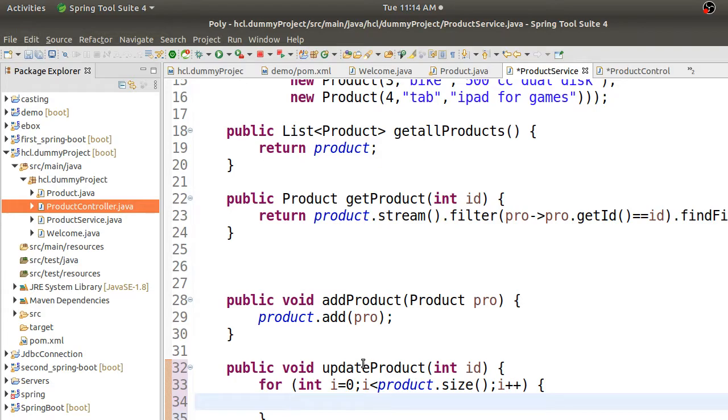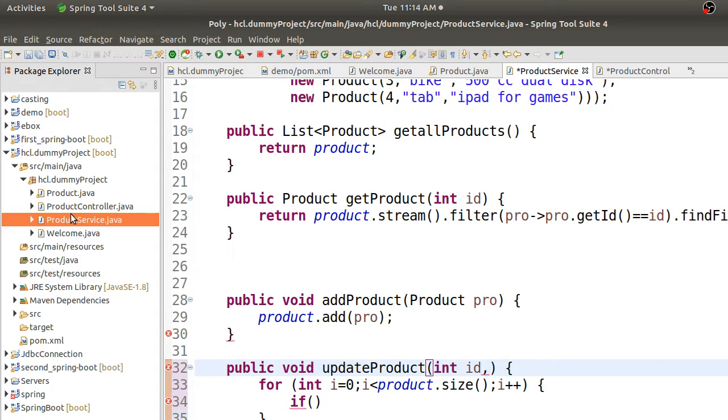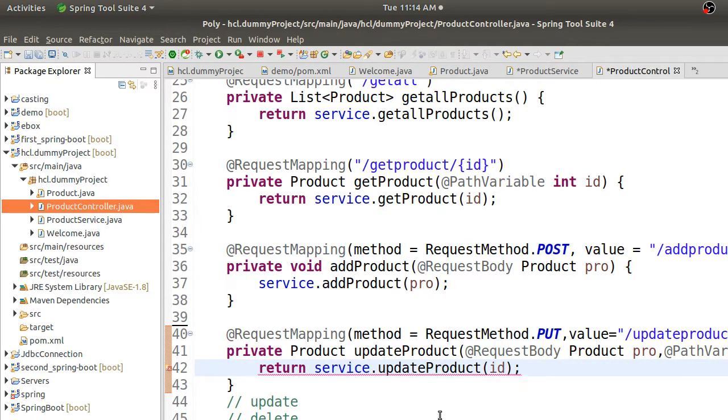So I will use a condition if my ID that I'm getting. So this update method also has 2 arguments, right? I think that is what we missed out. This update also has 2 things. Okay, yeah, so it is also having 2 things.